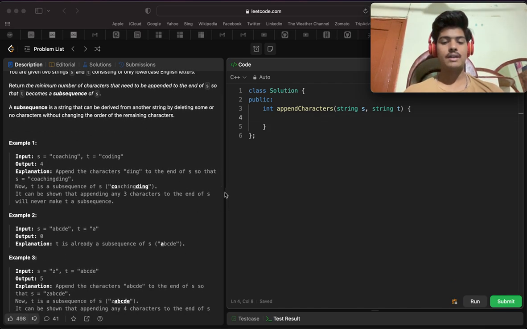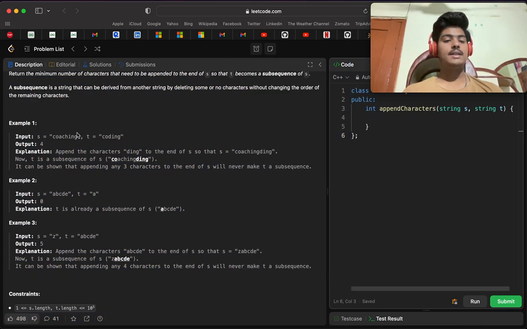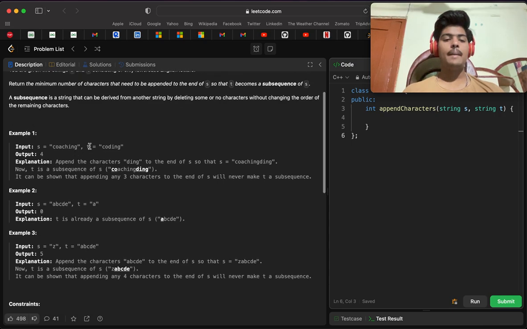So the example is this one. We have s equals coaching and t equals coding. We have to make this string s such that t is a subsequence of string s. You can see here C and C are the same, O and O are the same. Now let's see whether D is present in this string or not. You can see D is not present, so we have to add D here, in the string s. So after adding D, it will be something like